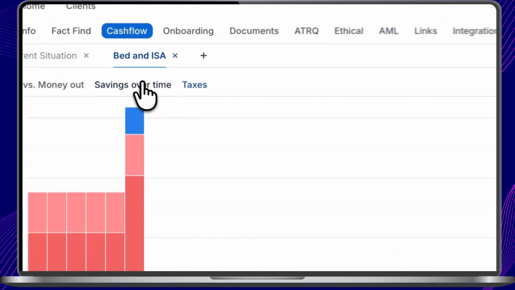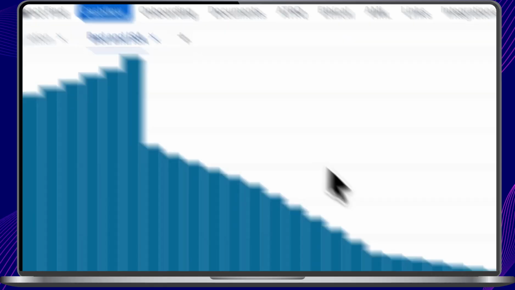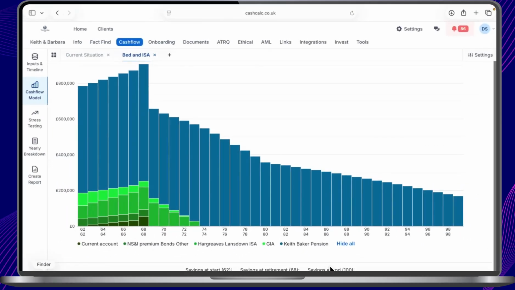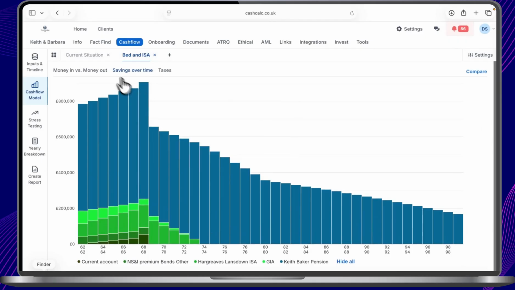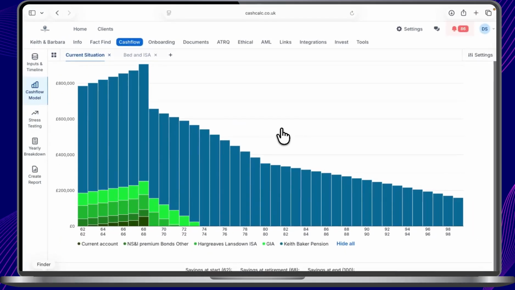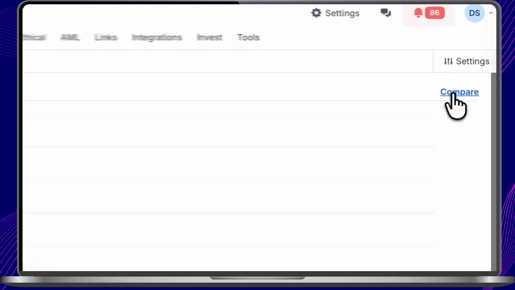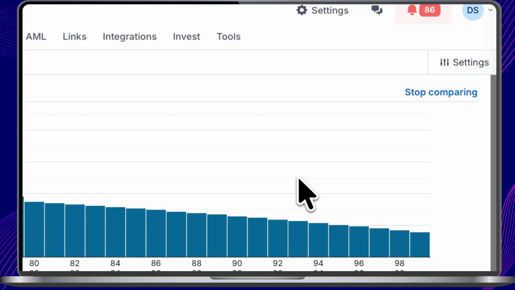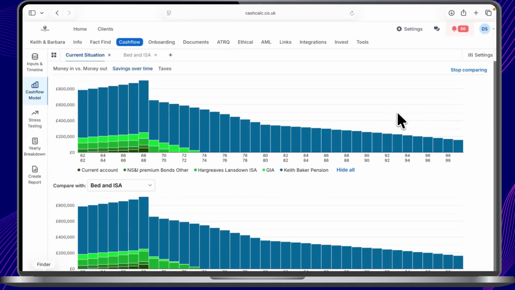But more importantly, if we come back to savings over time, you can see the end forecast under 100 is significantly better off than our current situation, which would have been a lot less. And if I now put those side by side under compare, you can see the two side by side, and we can just explain to our client that, again, using a very simple strategy, bed and ISA, moving £7,000 every single year out of that GIA into the ISA would result in £8,000 or £9,000 gain at the end of this particular